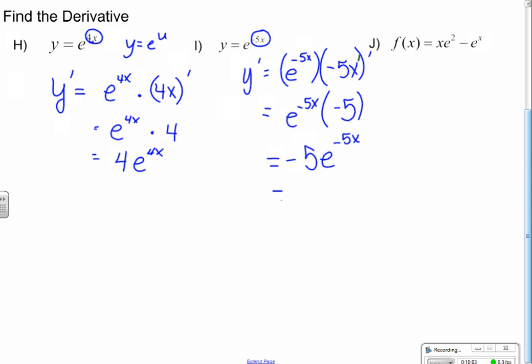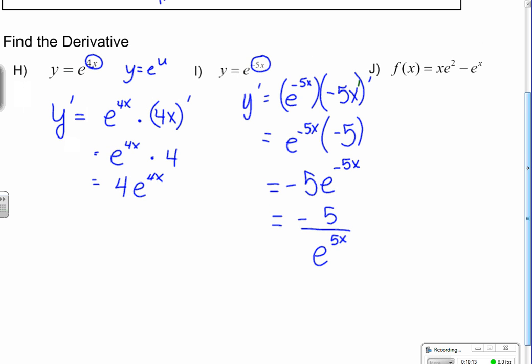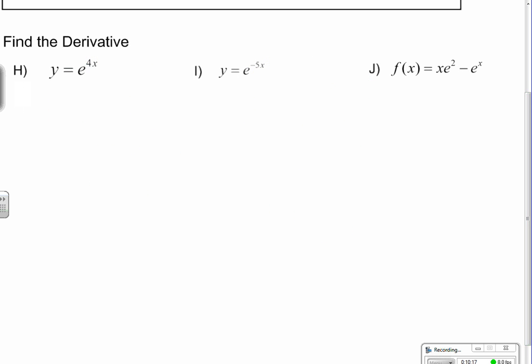Which we also could write as negative 5 over e to the 5x. Since that's a negative exponent, we could drop it down. And finally, letter J. Now, it kind of looks like product rule when you first analyze this, but think about